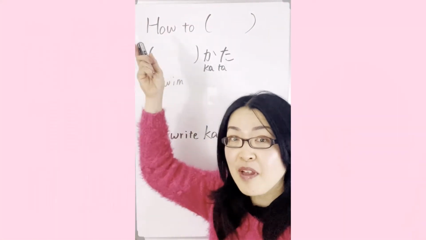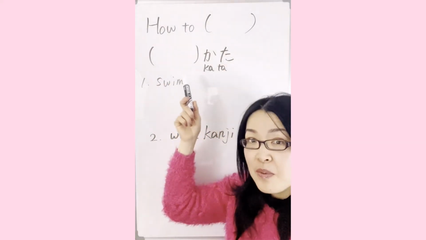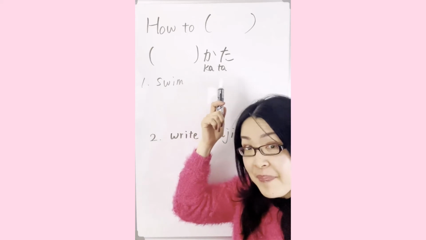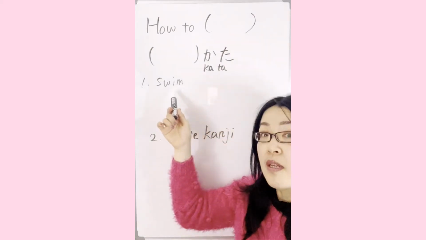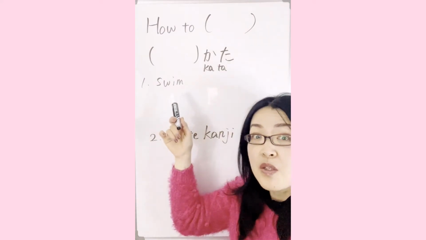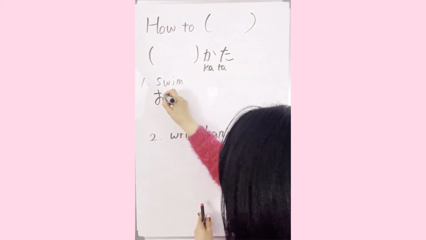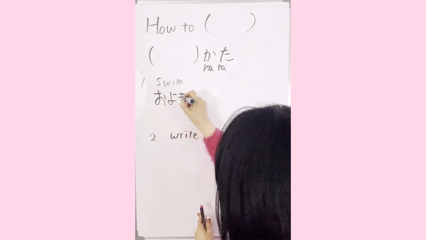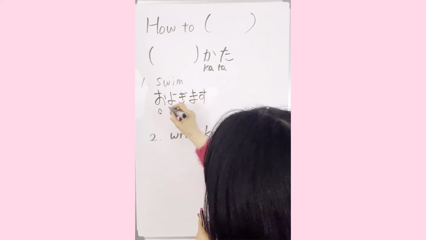Today I'm talking about how to do something. Yes, so in Japanese language, we use the word kata. Kata means the way to do something. So, for example, let's check the word swim. Swim is 泳ぎます。